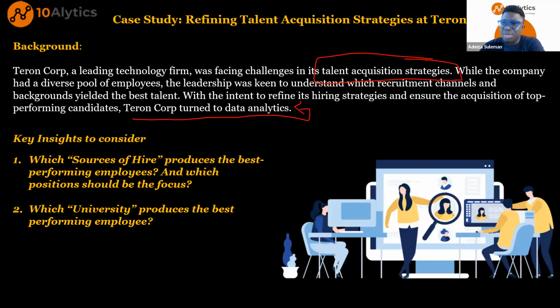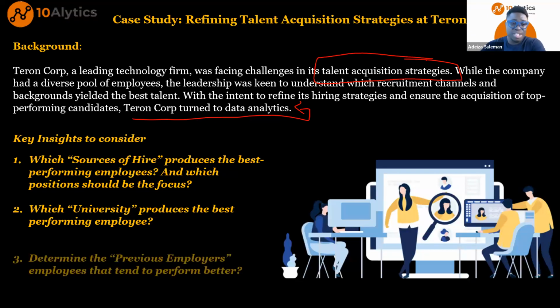But you as an organization, you want to know which university produces the best performing employees, or is there any relationship between performance and the university? If there is none, then there is no need to look at that, but it's a key area to consider. All right. The third question is,